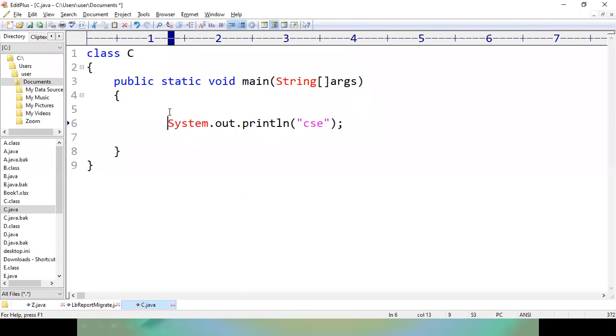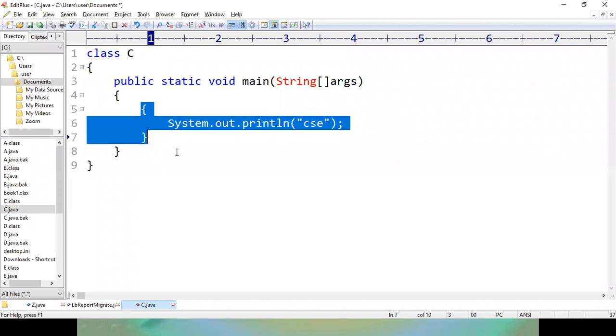So if we keep this statement inside a block, and we are able to execute this block n number of times, then CSC will be printed on the output screen any number of times.